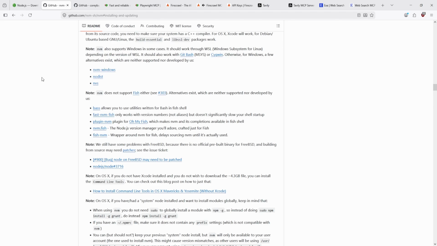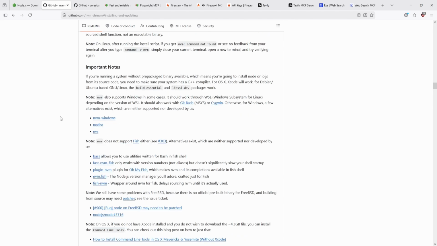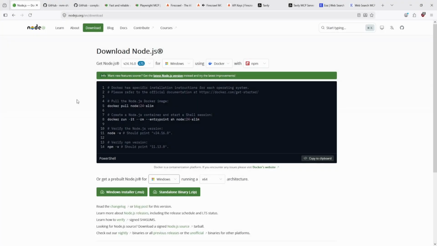In addition to the standard Node version managers, you can find other alternatives for your system inside the NVM README if you scroll down. After you have successfully installed Node.js using one of the three ways available,